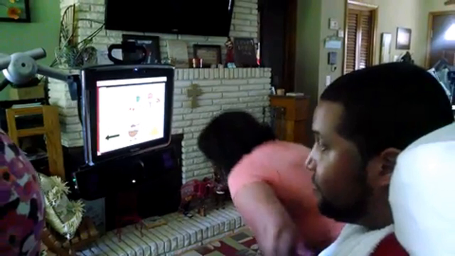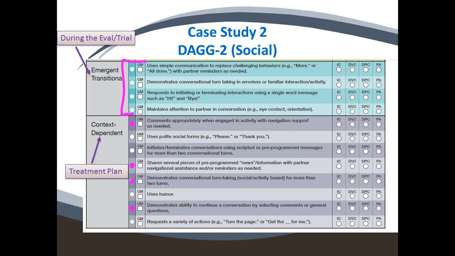So it's things like that you definitely want to take notice of when you are documenting, writing your reports, because that can affect your goal. So if he was able to really learn navigation before, during the trial, that might not be a focus area in your treatment plan. So during the trial, we noticed, and